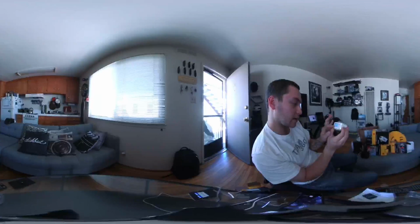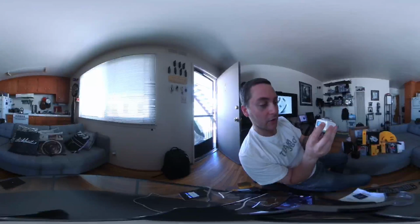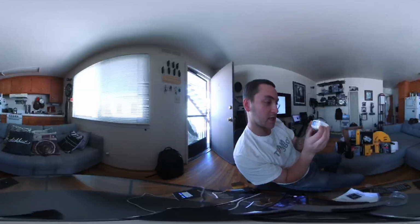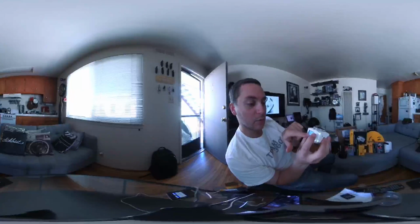HDMI playback, that's if I want to connect it in. And then this other menu that looks like a clipboard with an arrow. Let's click that one. Or that's just going back. So you pretty much have your gears or your exit or the camera mode. So you click on the camera mode one and you have VR mode, and then you have this other mode,